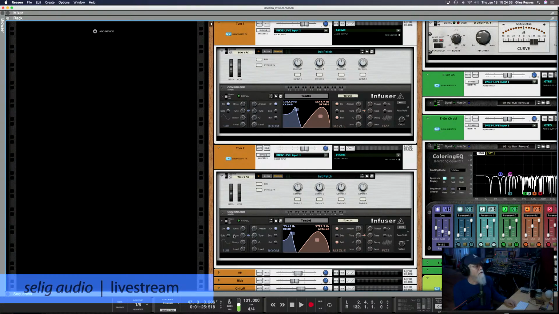Now, the subsection is good on Infuser for kick drums, obviously, or even creating your own 808 sounds and playing the melody from a matrix or other device, or from MIDI. But it's also handy for toms, and the whole subsection is based on a trick that I remember reading about that they were doing as early as the 70s, where they would take the sine wave generator, set it to a low frequency, and then put it through a gate, and then key the gate from